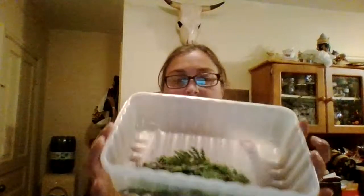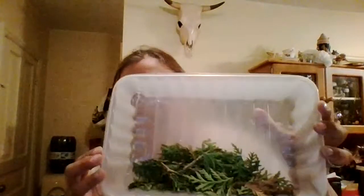Alright, so it goes in here and it dries. And then if there's nothing mixed into it, then I don't mark it. It'll just be cedar. If there's something mixed into it, like I'll show you right now,